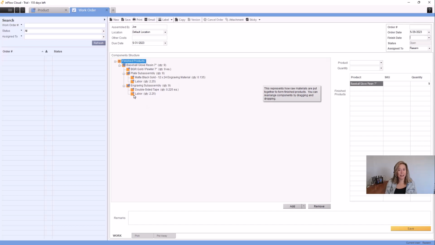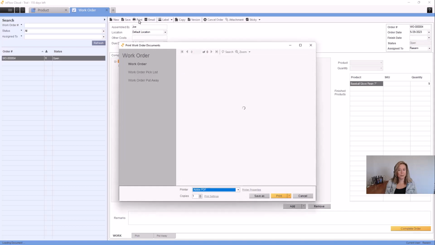Right-click any red exclamation marks to reorder stock to quickly generate a reordering for your items. If everything is in stock, you are ready to pick your items. Choose the print icon at the top of the work order to print your work order, pick, and put away